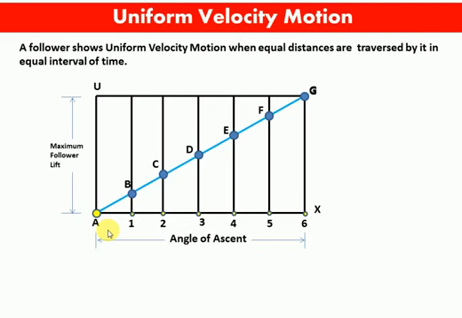So from A to 1 it will be 10 degrees, from A to 2 it will be 20 degrees, from A to 3 it will be 30 degrees, from A to 4 it will be 40 degrees, from A to 5 it is 50 degrees, and from A to 6 it is 60 degrees. Now if we want the displacement of the follower at 30 degrees, that means at point 3, then this 3D represents the maximum follower lift, or the lift of the follower when the angle of